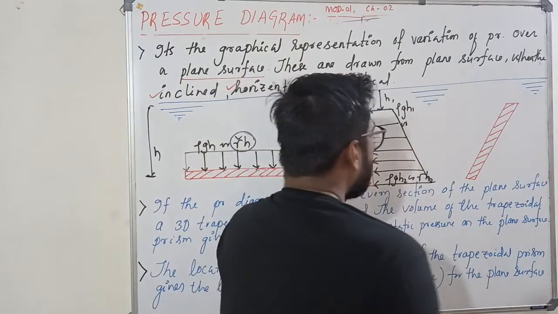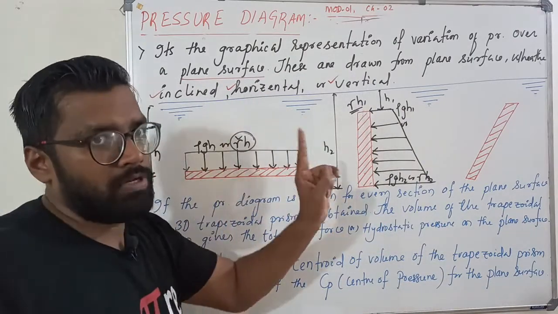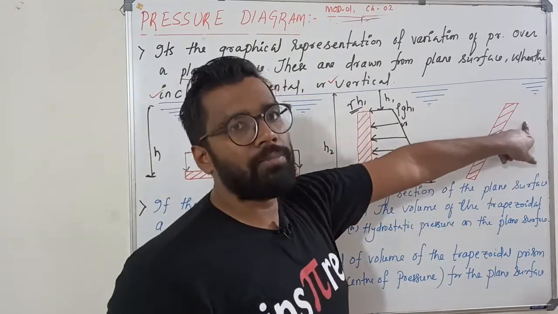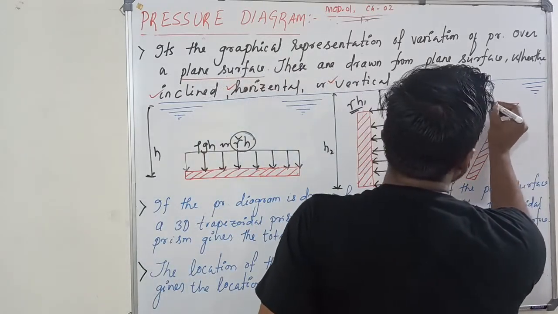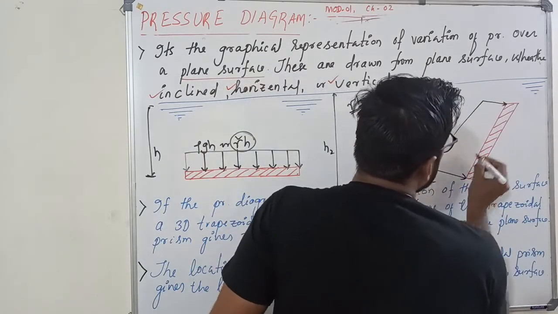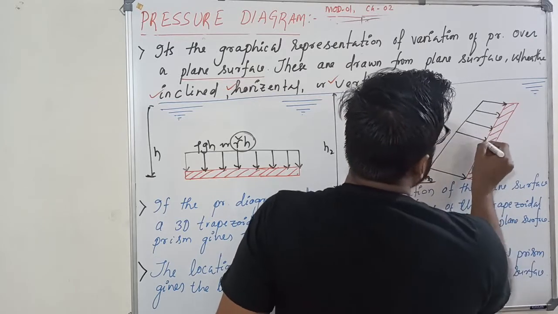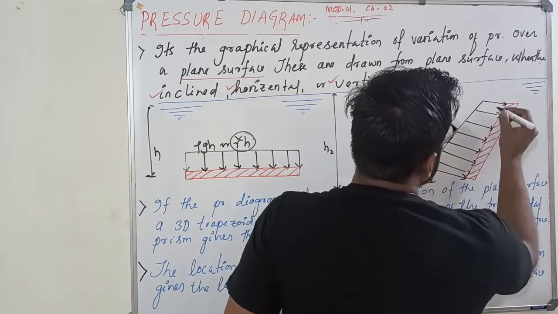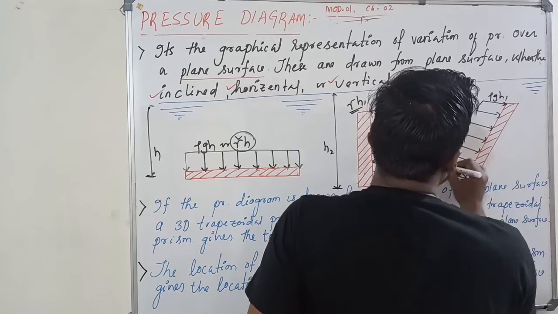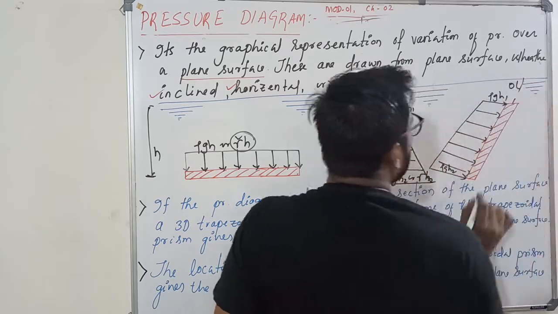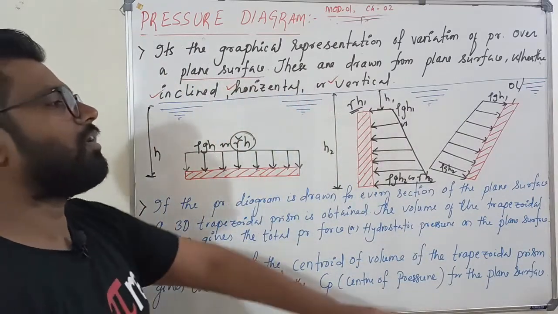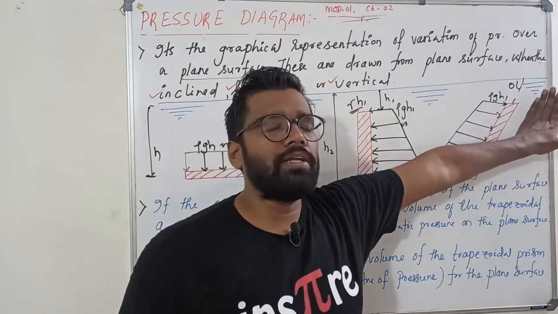Very good. So how is the pressure acting? Normal, always normal. So this is an inclined plane. Okay, how will the pressure act? Pressure will always act normal to the surface. So here how will the pressure prism be? Okay, got it? So this is again rho g h1, and this is your rho g h2, with the plane at an angle of theta. We have already discussed the case of the inclined plane.